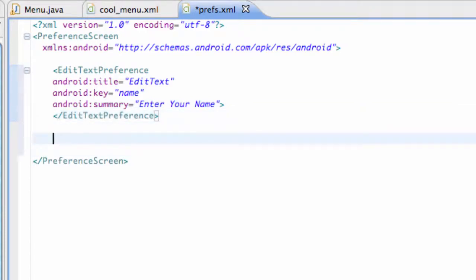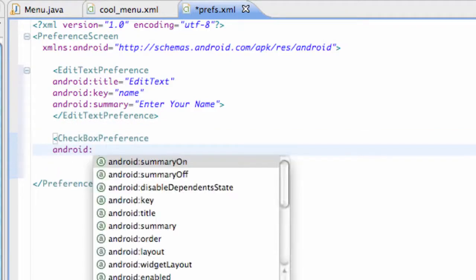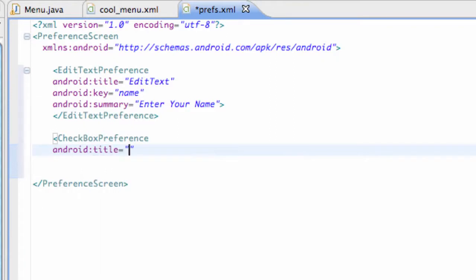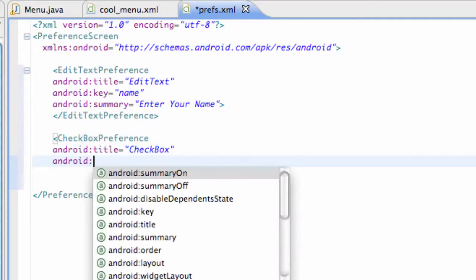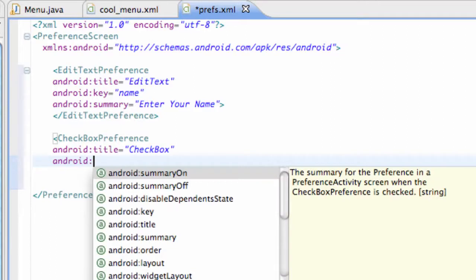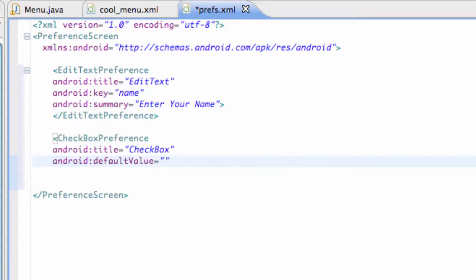So let's go still within our overall preference screen, and then set up a checkbox. It's checkbox preference, and we're going to say again android title checkbox, and android, we can set this checkbox if we want it to be checked when it starts or unchecked. So we're going to say default value, which is what it's going to start as, and we can either set this to true or false. So we're going to say true,